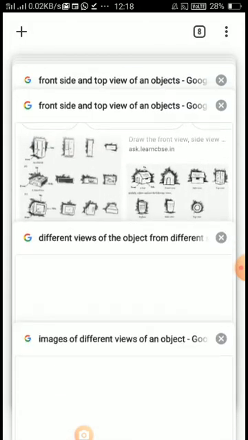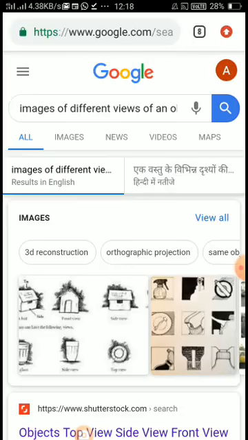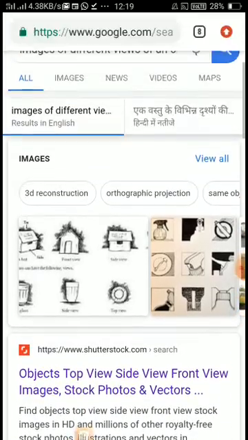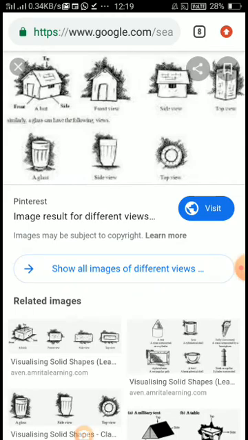For example, a house is given. See here, in this house you can see one hut. The hut has a front view, a side view, and a top view. This also you can see. So in this way, each and every object has three different types of views, that is front view, side view, and top view. So today what we have learned